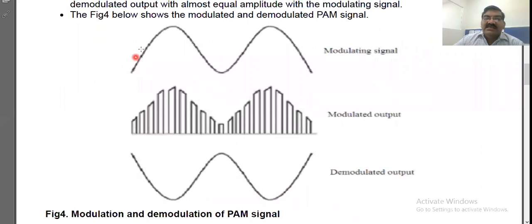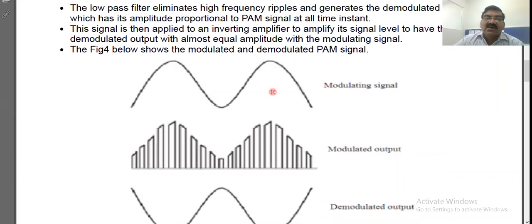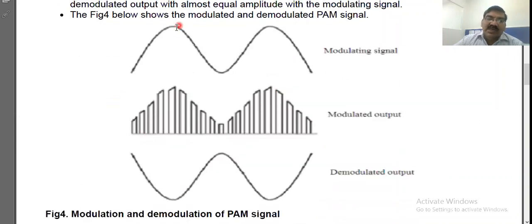So you can see this is the modulated signal, and the modulation is done. So a train of pulses, the amplitude is according to this modulating signal. And as this is passed through the inverting amplifier, you are getting the 180-degree phase shift. So where is the positive peak, you will get the negative peak. Where is the negative peak, you get the positive peak. So this 180-degree phase shift is there. And if the inverting amplifier is not there, then you will get a small phase shift.